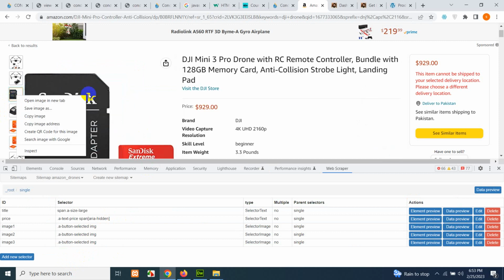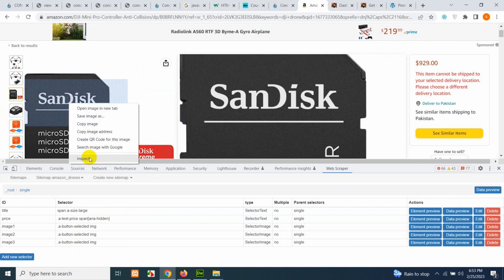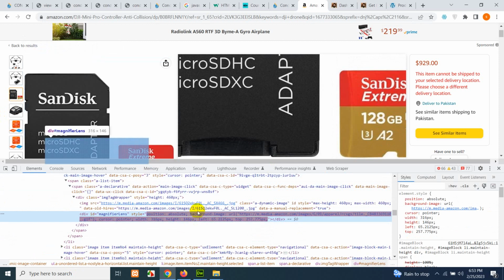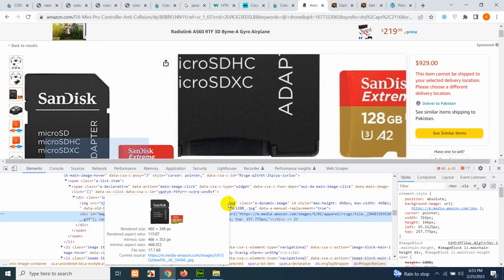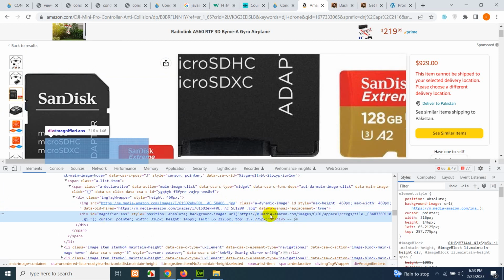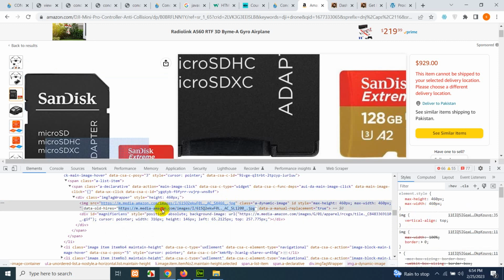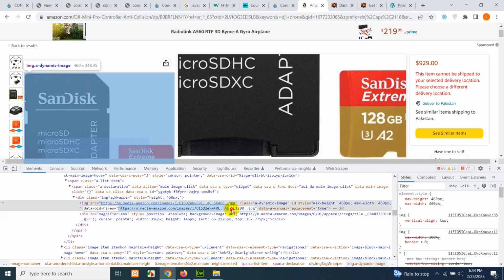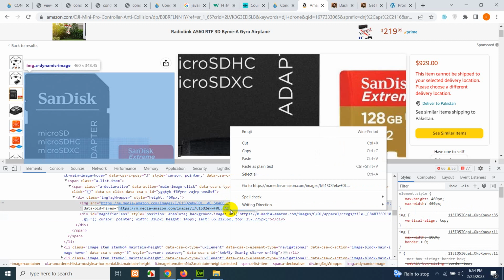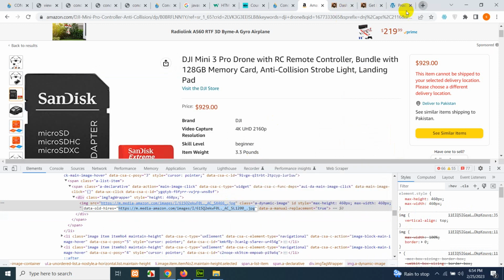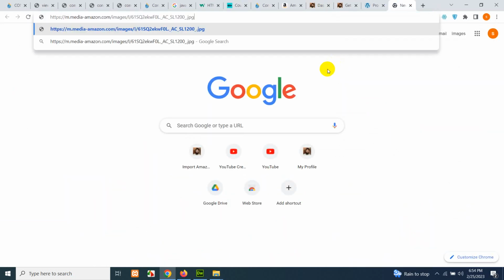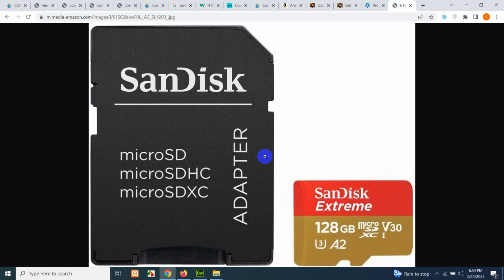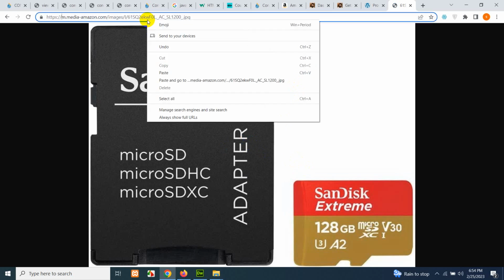Let's click here and search for the large URL, which is this one. This is not actually the large URL, the large one is here. Yes, this one, data high resolution. It is 1200. Copy, and let's see if it is actually the highest resolution image. Yes, it is. Now let's copy this URL